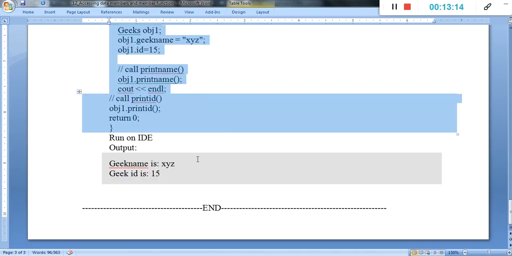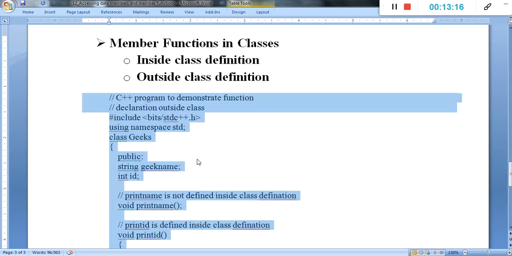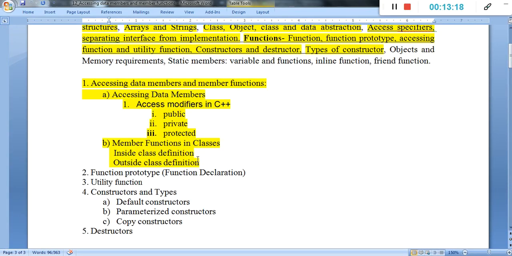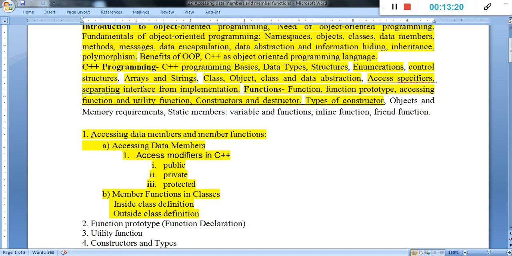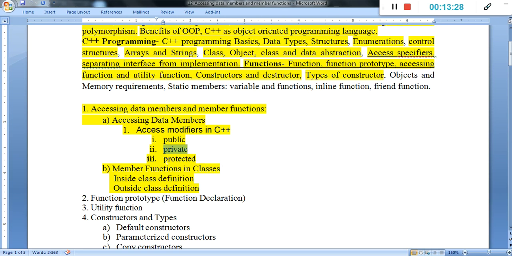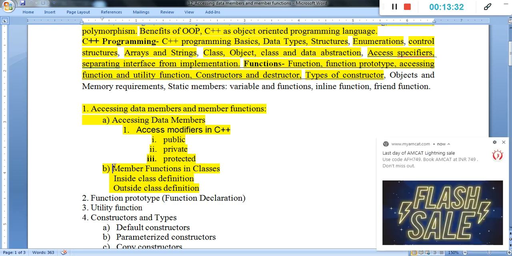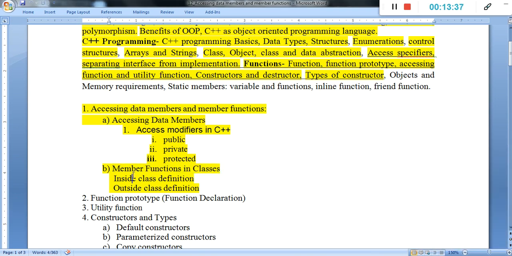This is the end of the explanation about these points: accessing data members and member functions, and the public and private access specifiers. Protected we will understand later at the time of the inheritance concept. Member functions in a class, inside the class and outside the class. Okay, thank you.